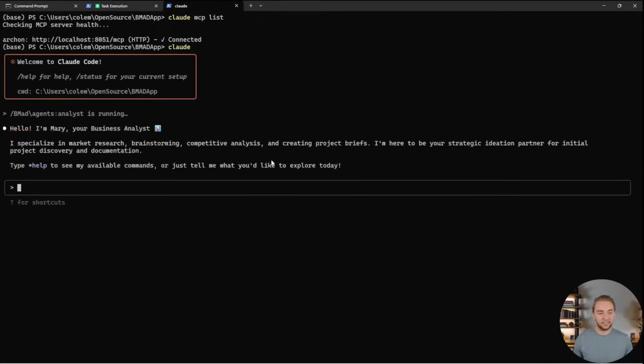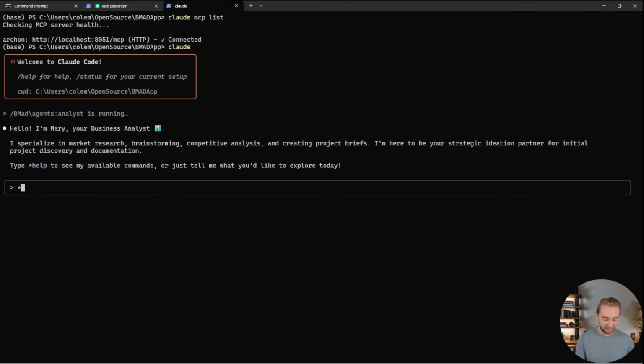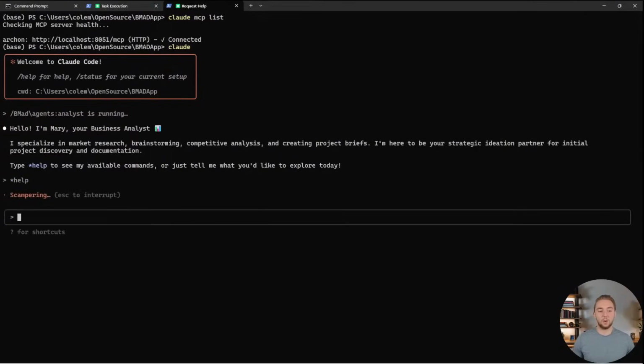So there we go, /analyst. "Hello Mary, your business analyst, specialize in blah, blah, blah, and then type help to see my available commands." So we can do *help, and then Mary is going to be prompted to give us the commands that she has, everything that we had in that markdown file that I showed you. And while she outputs that, the other thing I want to show you guys, if I go back to Archon here,